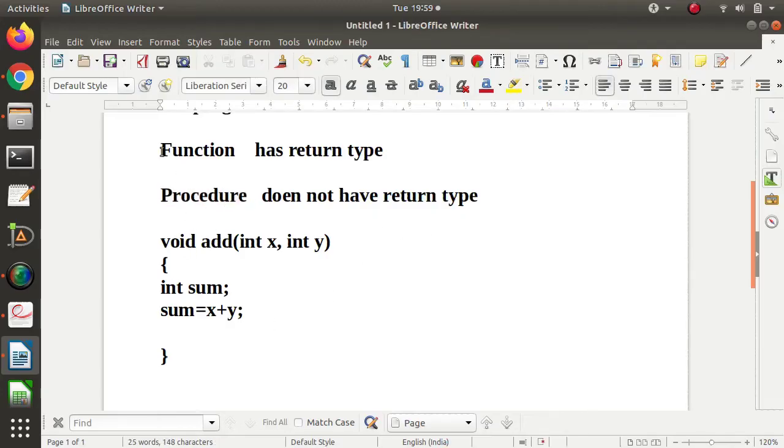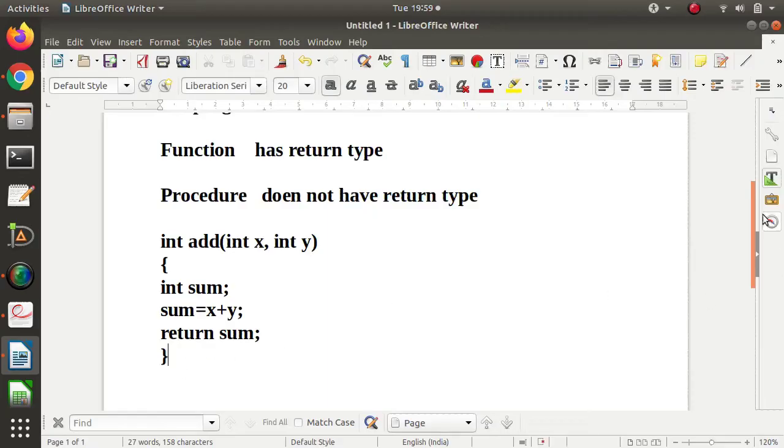Now, as a function has a return type, there is one advantage of using a function. What is the advantage? Look at it. Here it is returning an integer, and we are writing return sum.